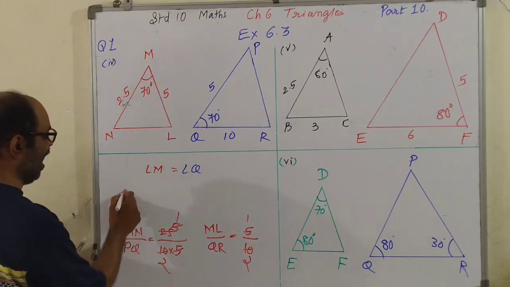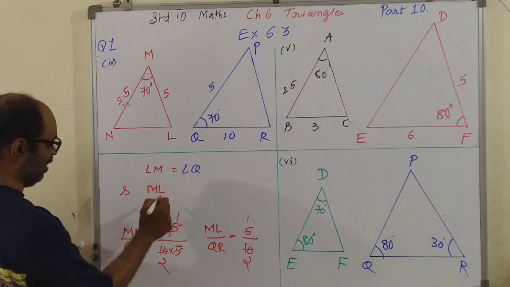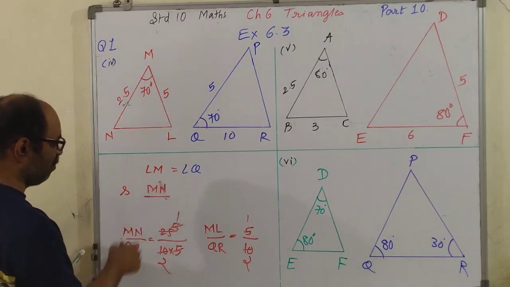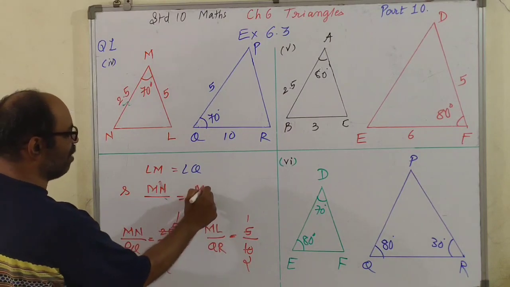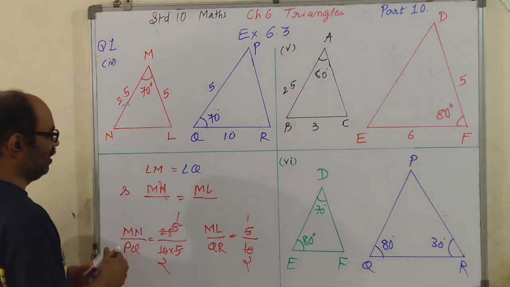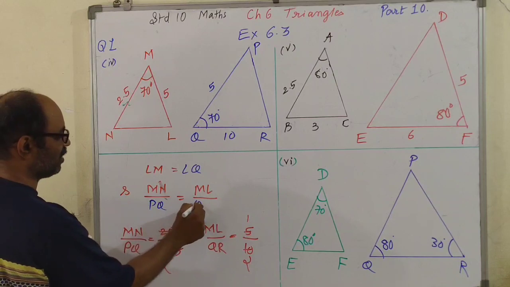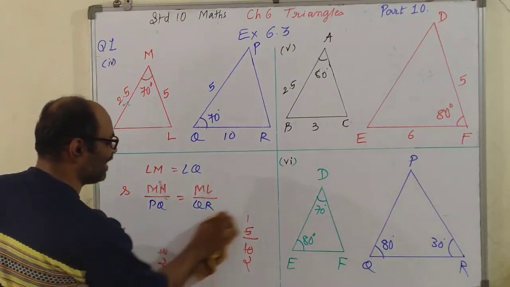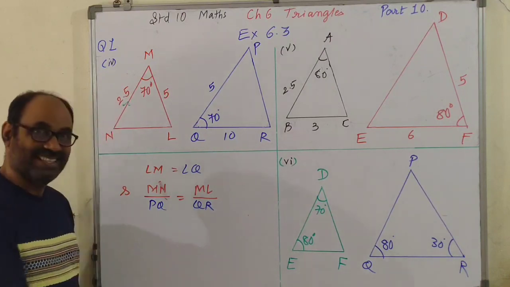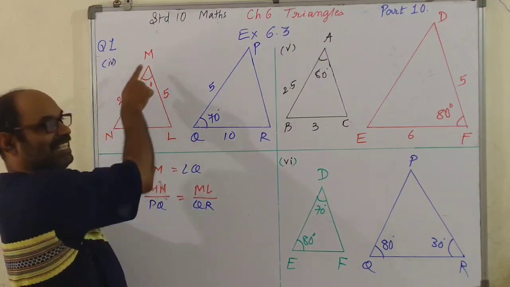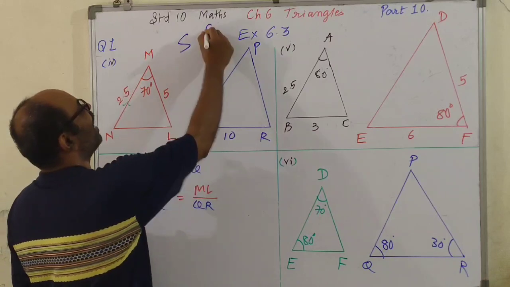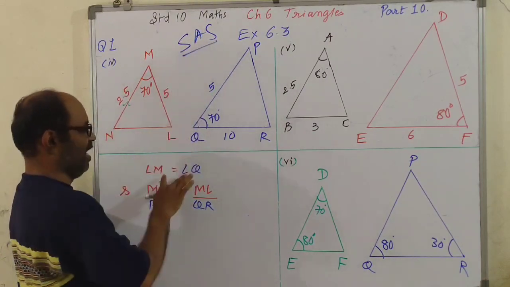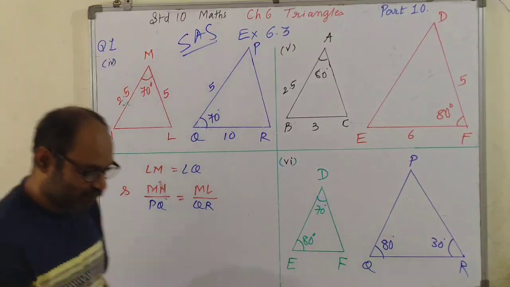And ML, MN, correct? MN upon PQ is equal to ML upon QR. This is PQ and this is QR. Correct? Okay. So which condition is satisfied here, children? Two sides and included angle. Here two sides are in proportion and included angles are equal. Therefore,